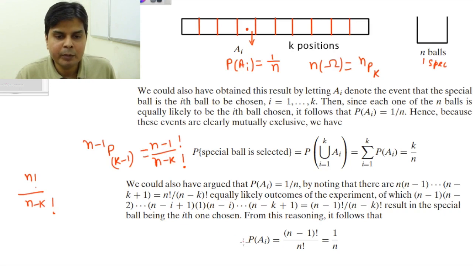So what will be the probability of the ith element? It will be n minus 1 factorial divided by n factorial, because the n minus k factorial will get cancelled out. So the probability of Ai will be n minus 1 factorial by n factorial, that is equal to 1 by n. Exactly the same thing I had derived using probability and permutations and combinations. The same thing I had derived using a very simple logic: this is just the ith position, this is one special ball out of n balls, and this ball has a chance of 1 by n of occupying this coveted position.